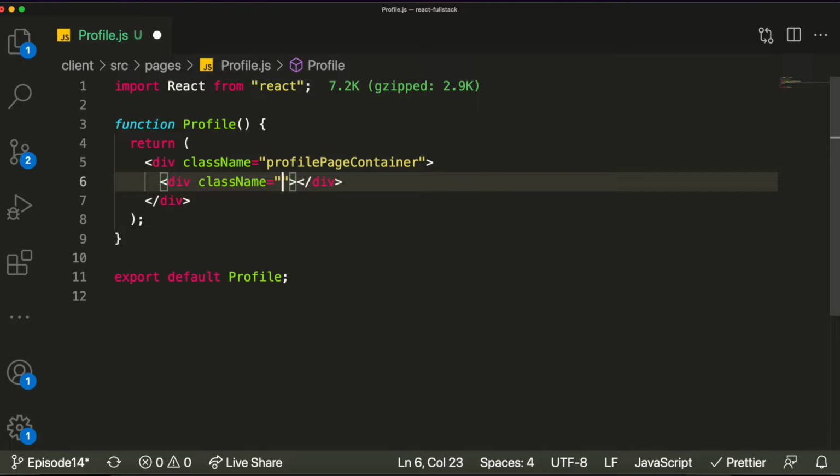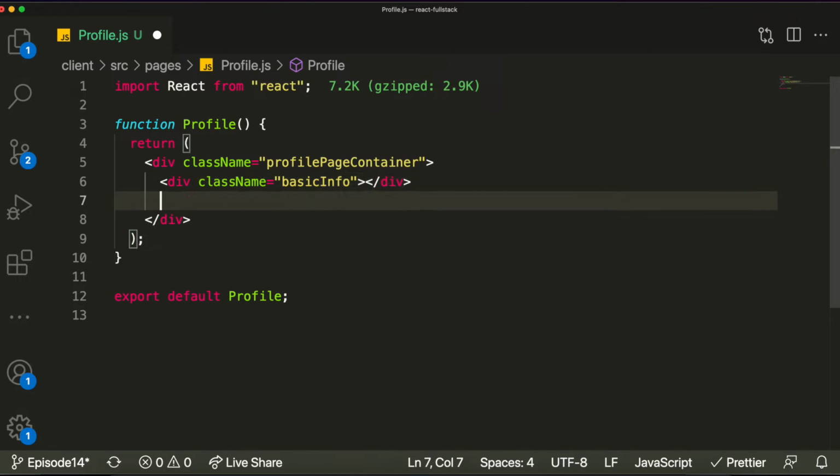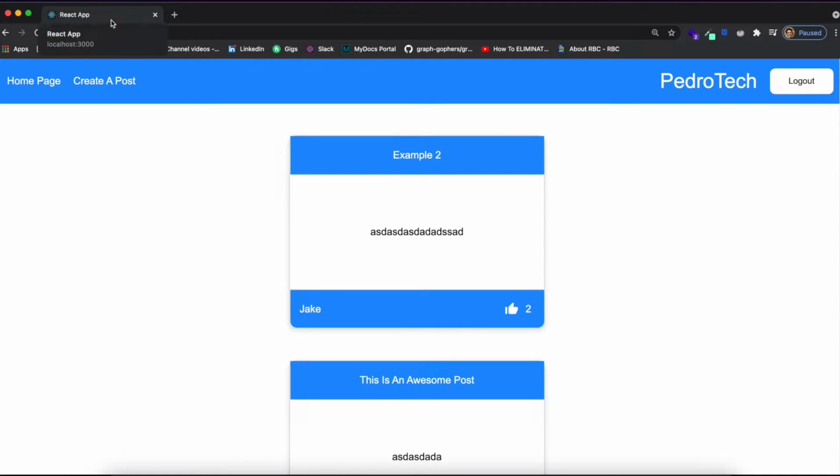So I'm just going to say class name basic info, so this is the basic info section, and then we're also going to create another div which is just going to display all the posts that this user has created. So, list of posts, like this. And right now, obviously, it won't show anything if we come to our application because we actually haven't defined this